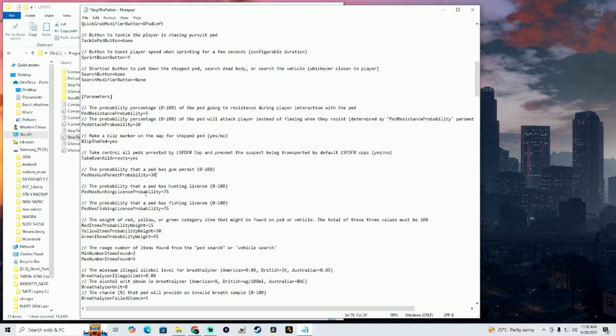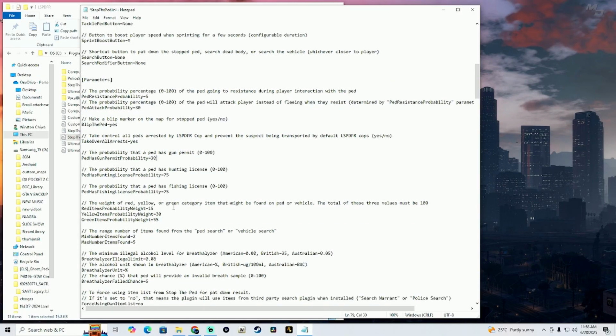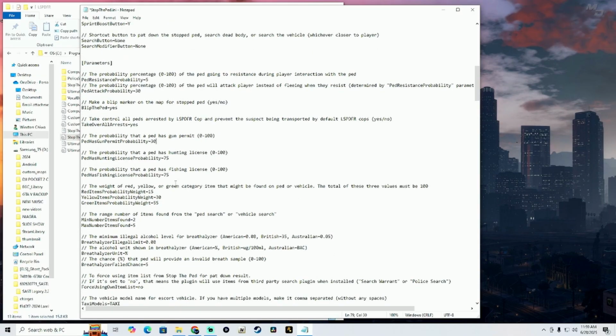All right, the probability that the ped has a hunting license, I think 75% is okay for this one. So for this one, it will be the weight in colors. All of them have to add up to 100. All right, all these three have to add up to 100. So right now